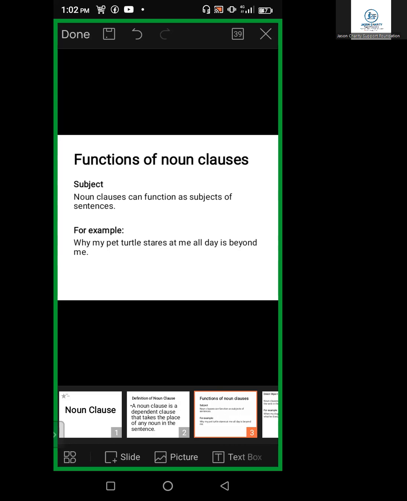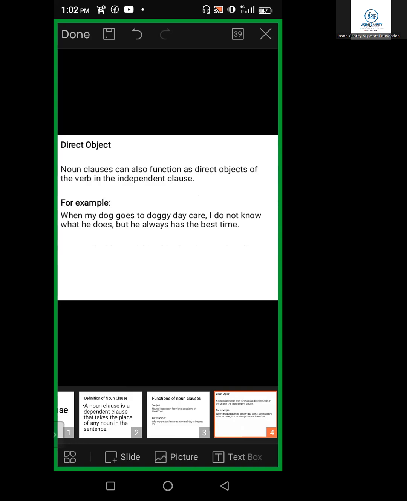So moving forward, we can also have a noun clause as a direct object in a sentence. When we're talking about objects of a verb in a sentence, we have two of them. We can have a direct object and we can have an indirect object. So a noun clause functioning as a direct object can function after your verb. An object coming directly after your verb is a direct object. For example: "When my dog goes to doggy daycare, I do not know what he does,